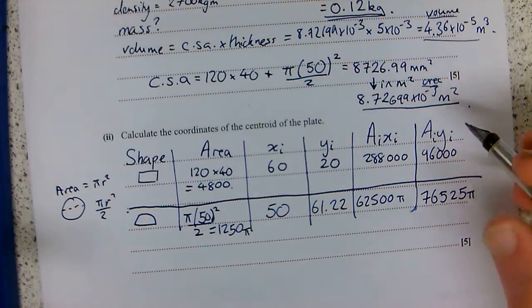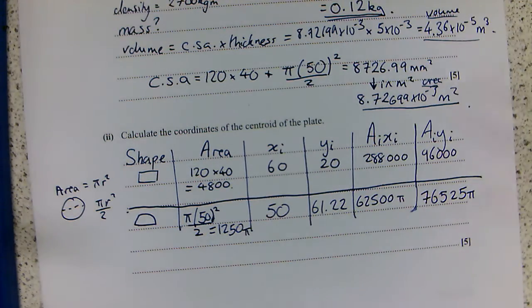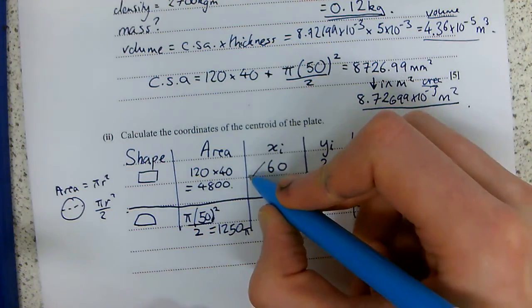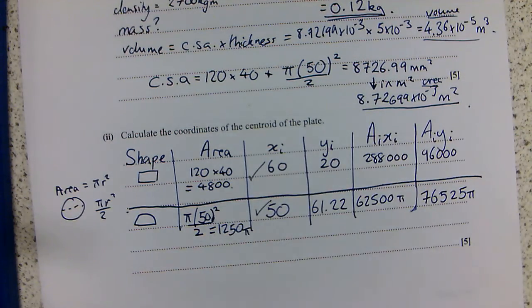Then we are done. In terms of marks, out of 5 marks, we have already got 2 marks for getting the areas and the centroids for our 2 shapes. Our third mark